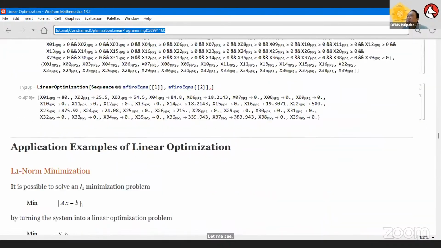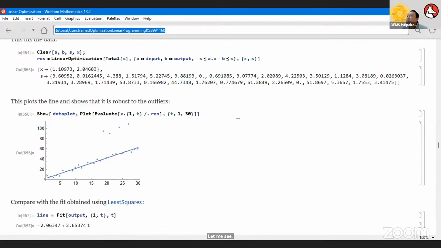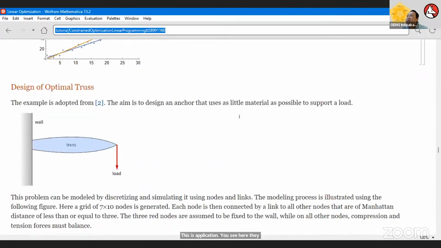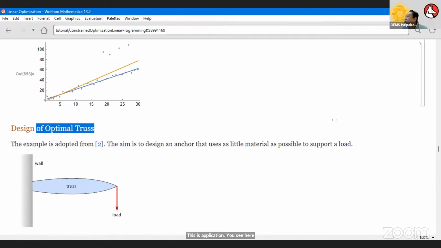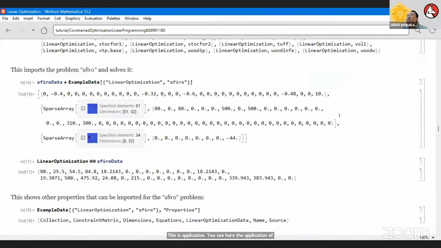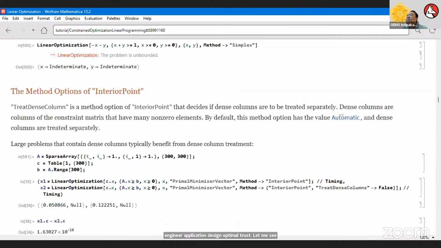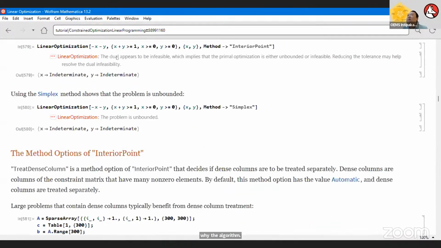The algorithm. This is application. You see here, there are application of engineering, application design, or optimal truss. Let me see where the algorithms are.